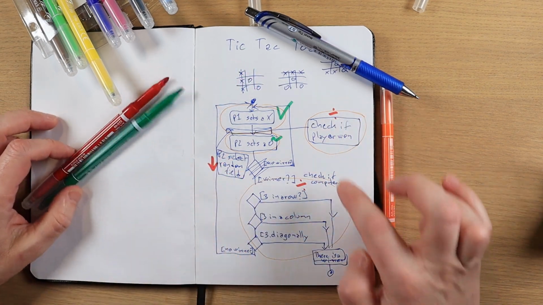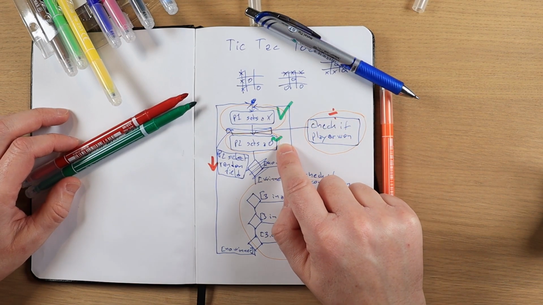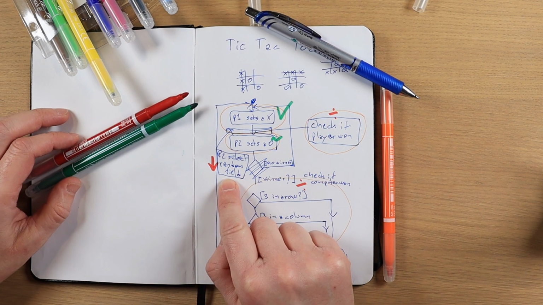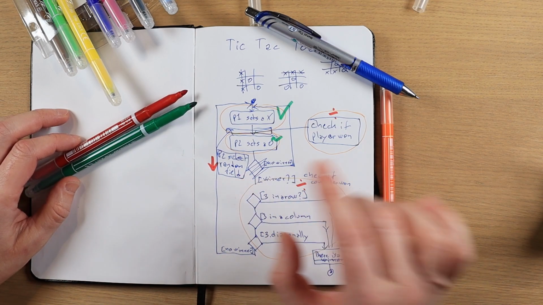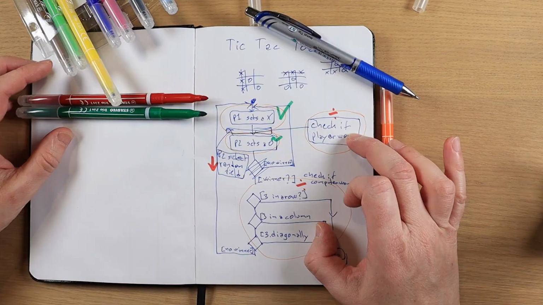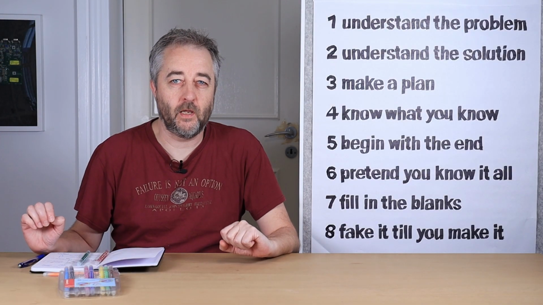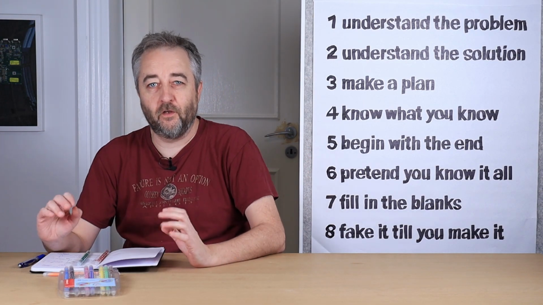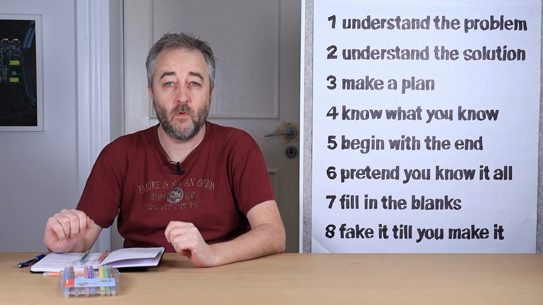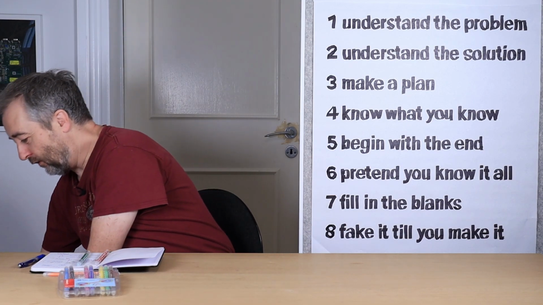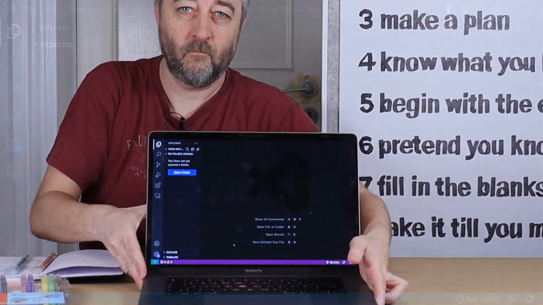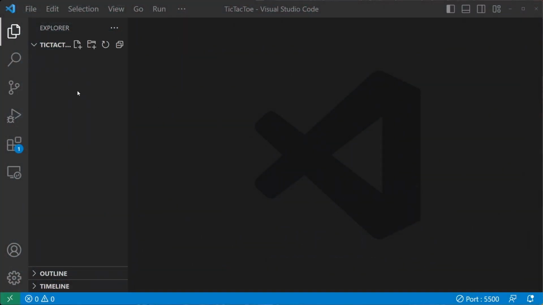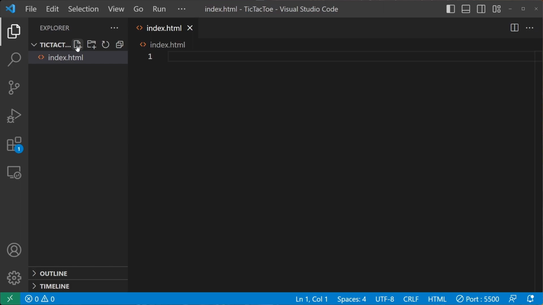So I have at least 1 part that I'm fairly sure, one that I'm not too sure, one that I don't really know, but I think I can fake it, and 2 that I don't know at all at the moment. Cool. Now I'm ready to code the game, or rather, begin with the end. I'm going to build the HTML and CSS for the game, and for that I'm going to use the computer. I'm ready to create my first files, my index HTML and my style CSS.